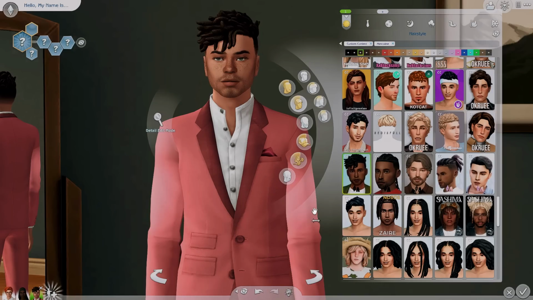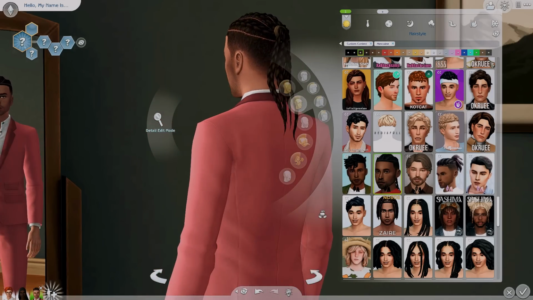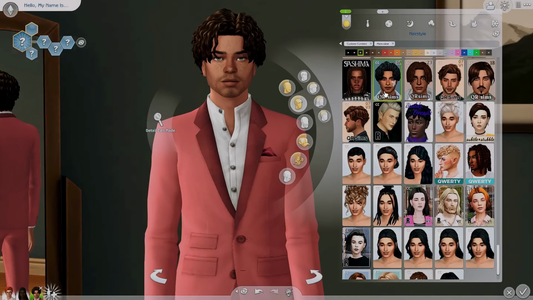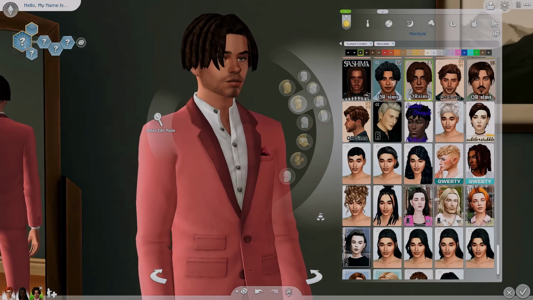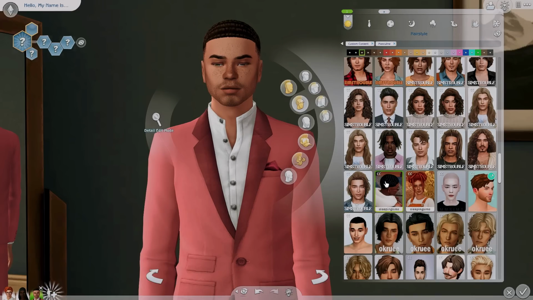Next is Aladdin the Simmer. And then the final creator I want to highlight is Kiara Sims. There's one hairstyle I do want to point out. It's by Sleeping Sims. I think this might be my favorite